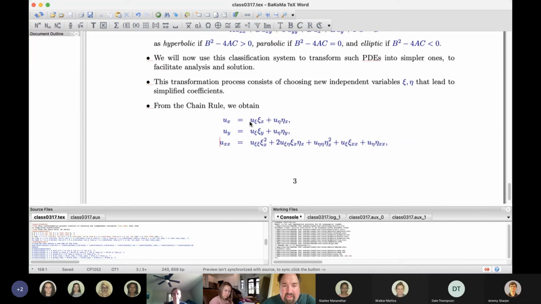So if I take the derivative of this whole expression with respect to x, that would be the same thing as taking a derivative of this with respect to ξ and multiplying by ξ_x, and then taking a derivative of it with respect to η and multiplying that by η_x. But the thing I have to keep in mind is, if I take a derivative,